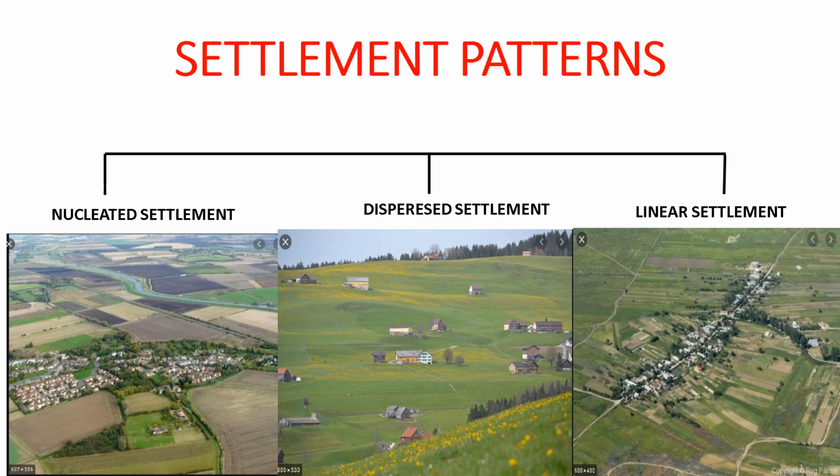It has nothing to do with whether the soil is fertile or not, or the climatic conditions are good or not. It simply develops along a road or a railway line or a metal road or on both the sides of the river. So linear settlements are those that are formed in a line: houses, shops, dhabas, petrol pumps, the garages. They develop along the sides of the roads, railway lines, and the river banks. Gradually, these linear settlements grow in size.